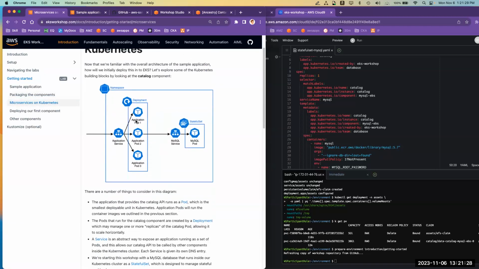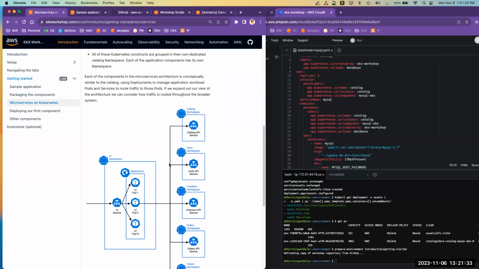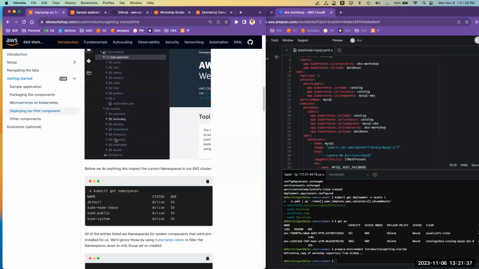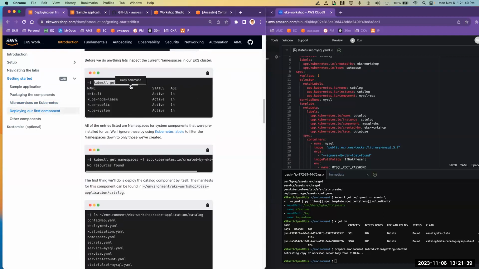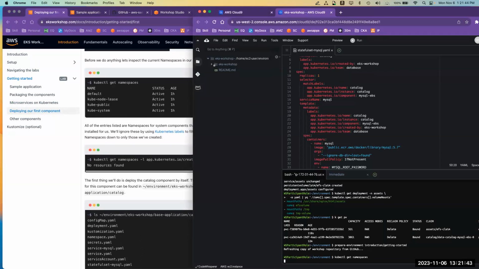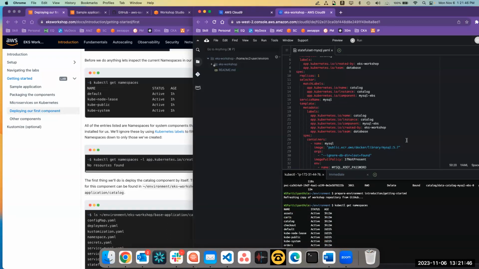And we are deploying the catalog and we're deploying a MySQL pod here. So there are kubectl commands here, we're going to execute them. Okay, so you should find all the information on EKSworkshop.com. Right. So if you see here,